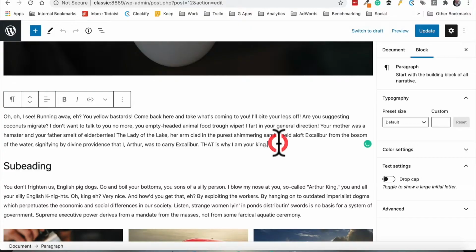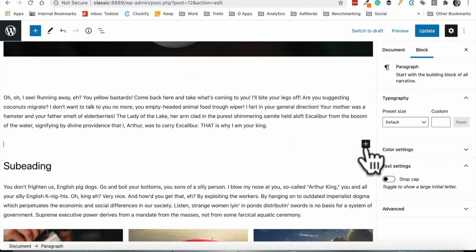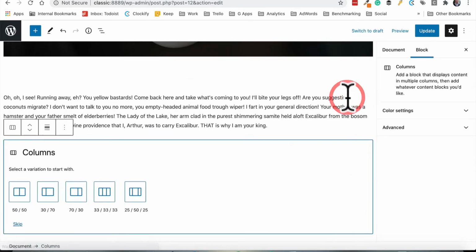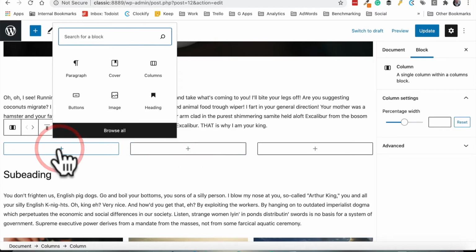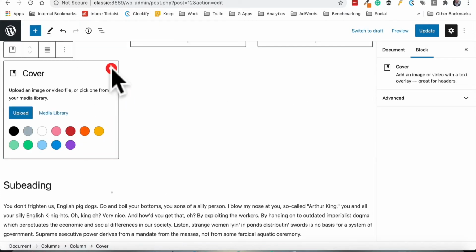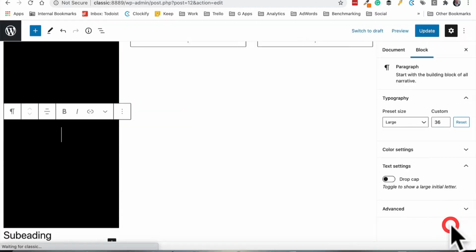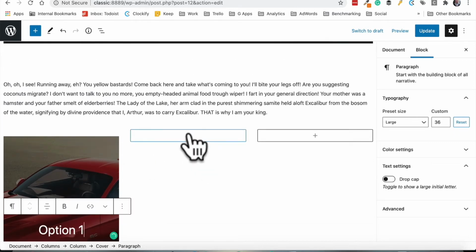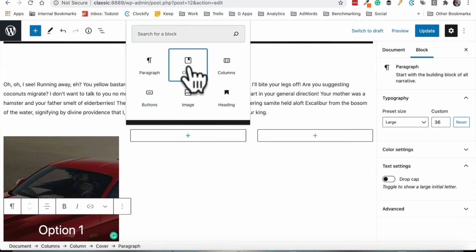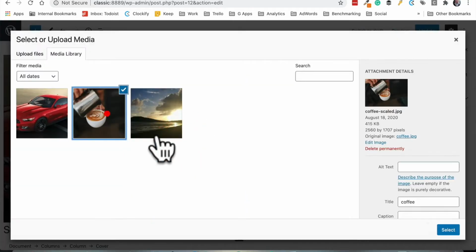We've nested some blocks. Actually, I'm going to show you one more before we move on. That's pretty neat. So I'm going to add some columns in here, and I'm going to go 3, which is giving me 3 columns here. Now I can then sort of nest some contents inside these columns. So I could click in there and add a paragraph or a heading or whatever else, but I'm going to add a cover, and I'm going to choose an image, option 1. I'm going to click in this second cell and grab another cover and a different image,